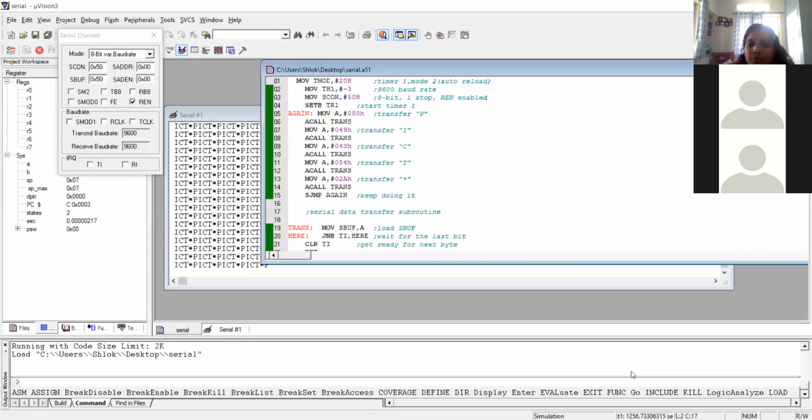Okay, if you want to get that through an external input, you can use a port. So instead of directly giving here the ASCII value of P or the ASCII value of I, you can take the value through the port, pass that to the accumulator, and after that pass it to the SBUF.